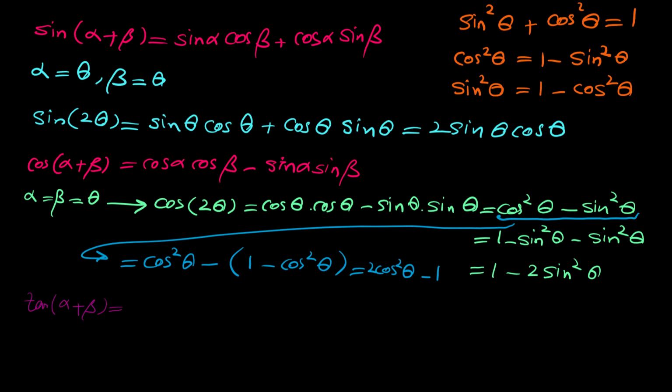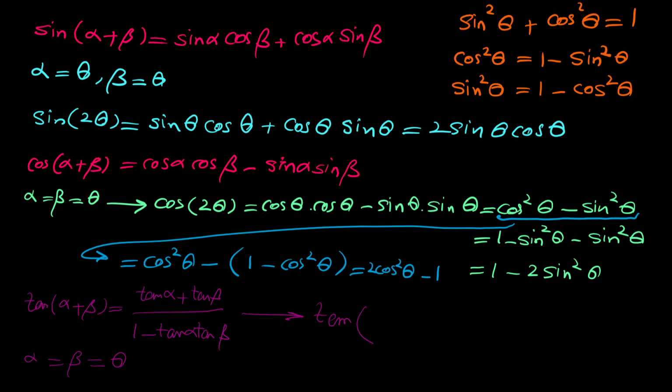Tangent of alpha plus beta is tangent of alpha plus tangent of beta all over 1 minus tangent of alpha tangent beta. Now if we suppose alpha equal to beta, both of them equal to theta, then from this relation